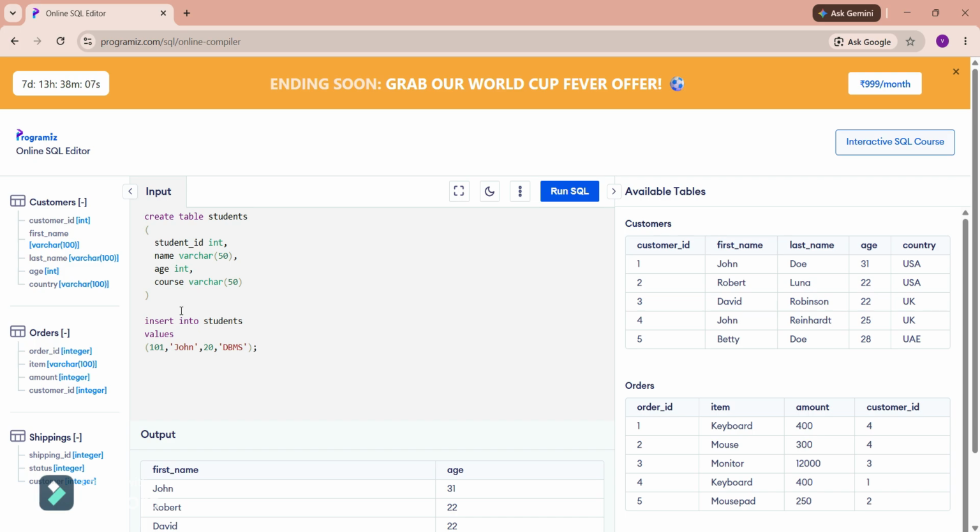That data is called the instance. If tomorrow you run the SQL statement delete from students where student ID equals 101, the data changes. So the instance changes, the schema remains the same, that is, the structure remains the same, only the instance will change.